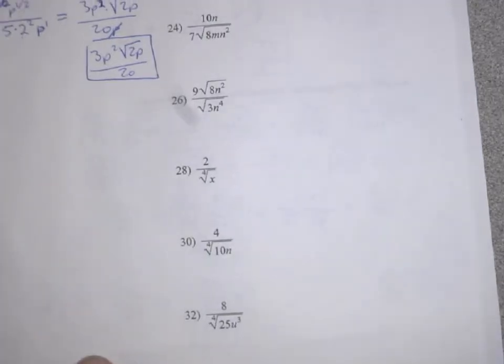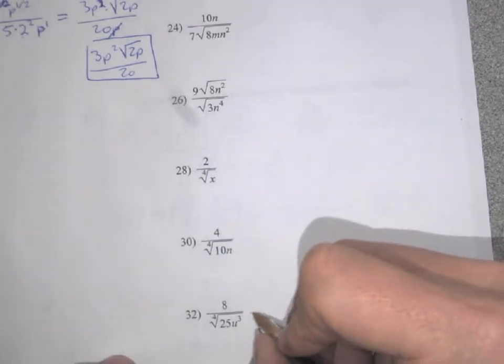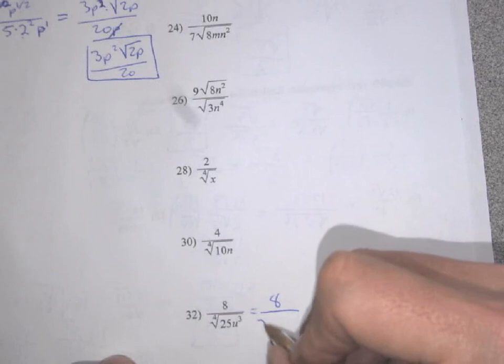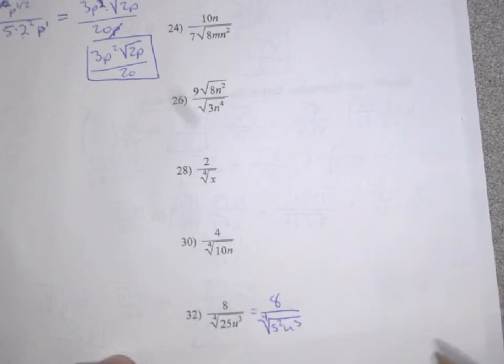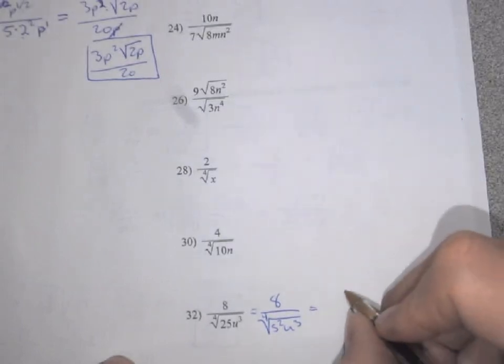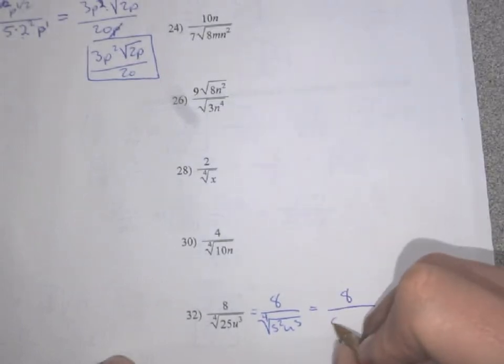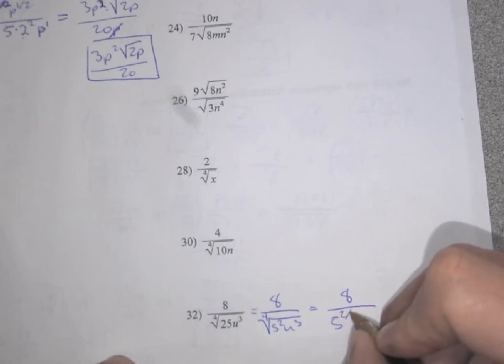Okay, so again, start out by factoring the bottom to see what you have. So I have 8 over the 4th root of 5 squared u to the 3. So 25 we know is 5 squared. Okay, let's write this as rational exponents. So 5 to the 2/4